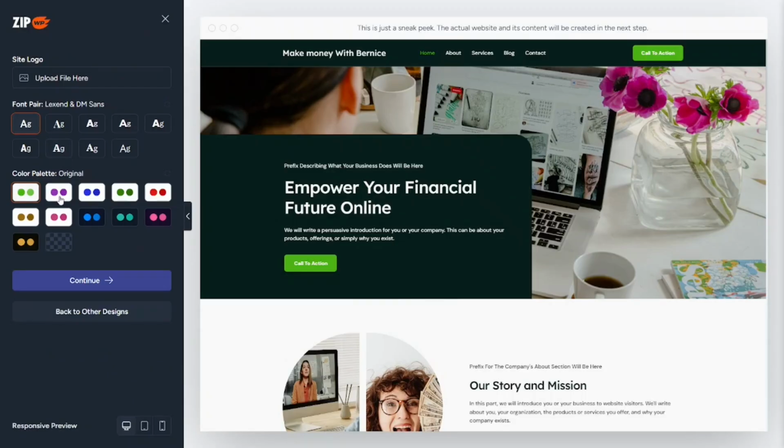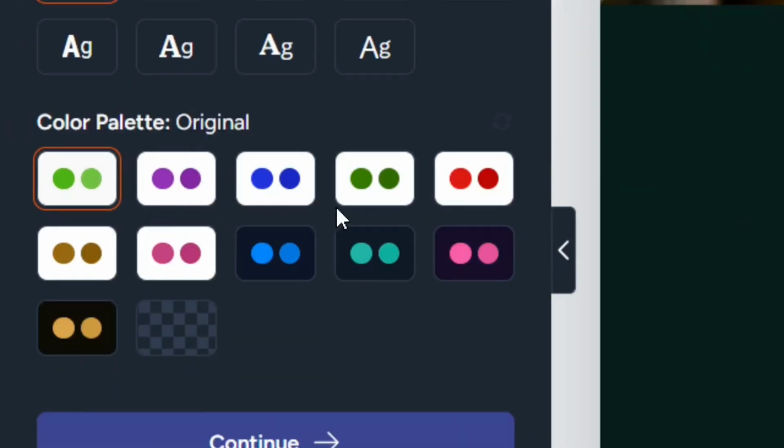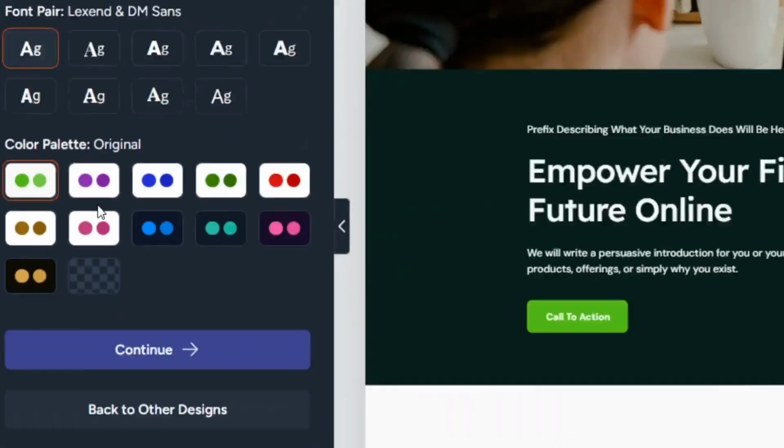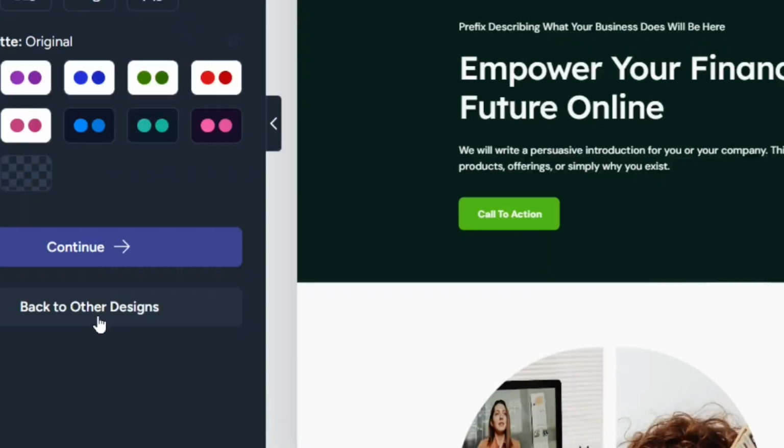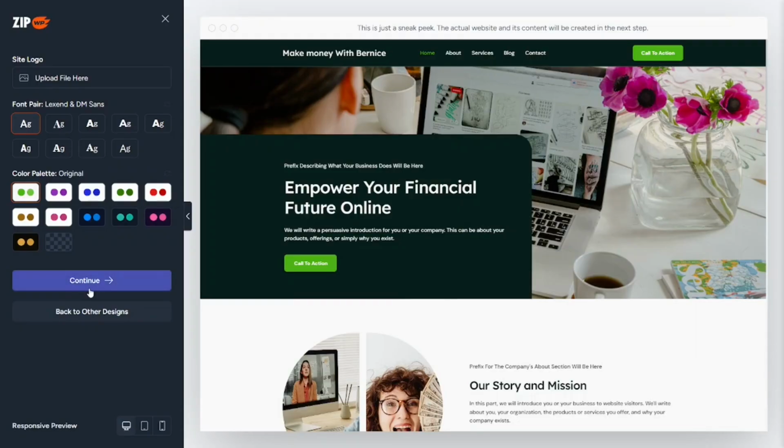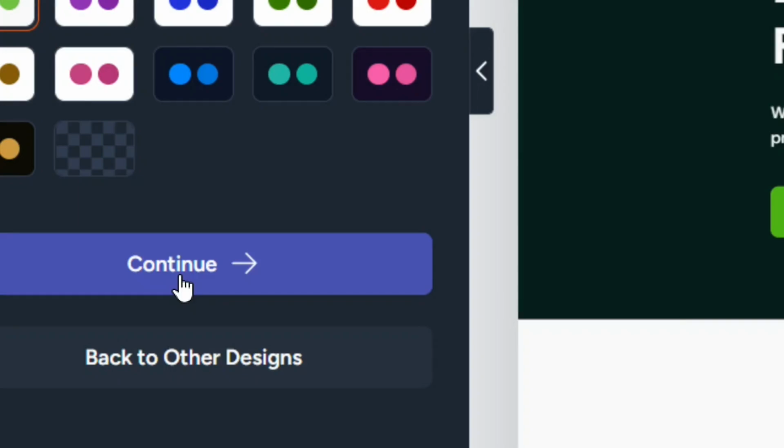Beside that one, you can also come here and select any of the color palettes that you want. I'm simply going to leave mine as the default type, and you can always come down here and go back to other designs to select a different design if you don't like the one that has been selected. Okay, so when you're okay with the design, simply come here and select continue,